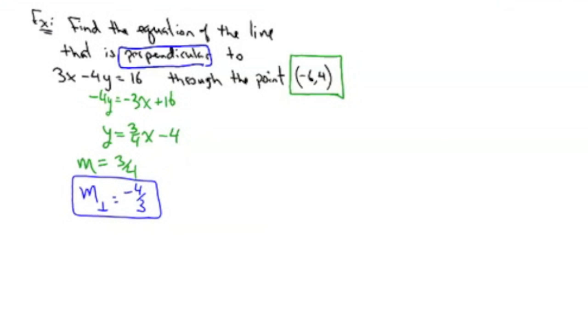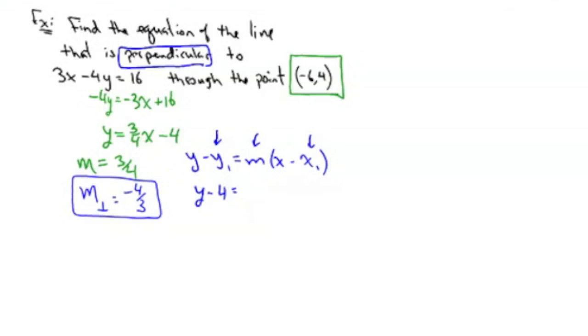So here's the slope I'm going to use, and there's the point I'm going to use, and then I do the y minus y sub 1 thing. So you go y minus y sub 1 equals m times x minus x sub 1, which is a fancy version of the slope equation. Plug in what we know. Now remember, you're only plugging in for y1, m, and x1. You never plug in anything for x and y, plain x and plain y. So this becomes y minus 4 equals m.